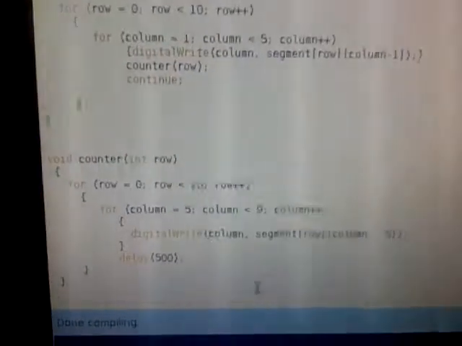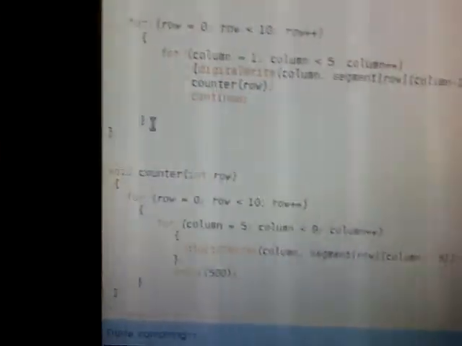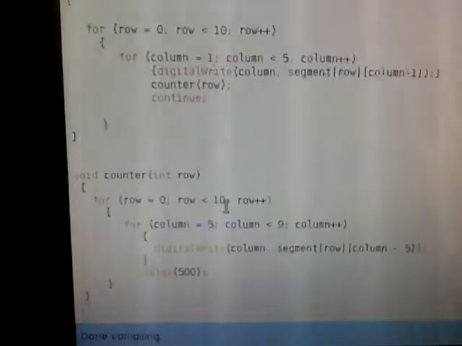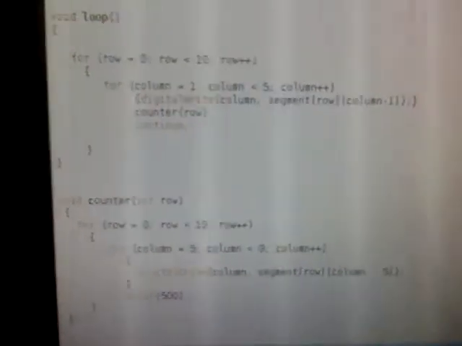Okay, so this function bit is pretty much the same as the first function, just that I changed the pins. So the row is the same because I'm trying to get values from 0 to 9, right? Then the column just changes because I'm using different pins. So if you notice,